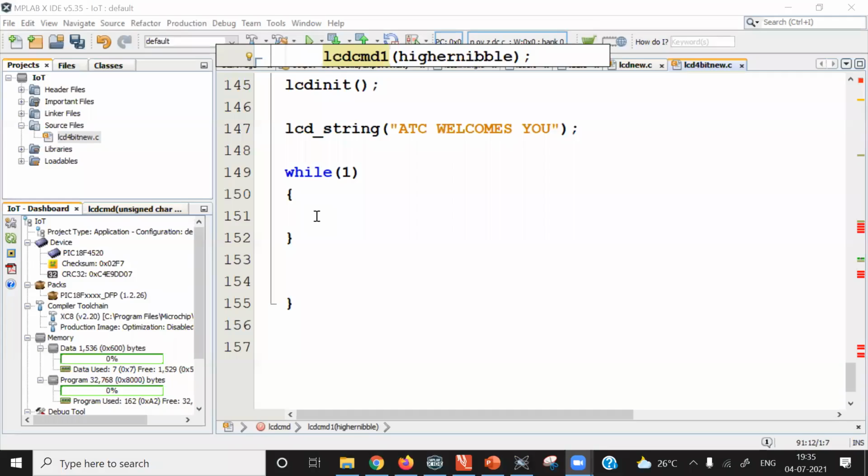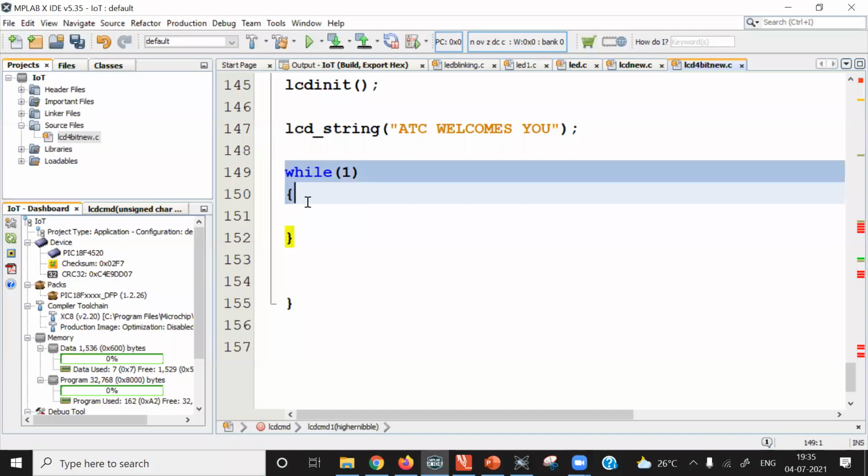So the program counter will keep incrementing, and as there are no instructions, the default values in the flash memory will be fetched continuously, and nothing will happen. So after doing the required operation, we must put the microcontroller in some kind of never-ending loop. That is really a must. So in the main program there must be a never-ending loop.